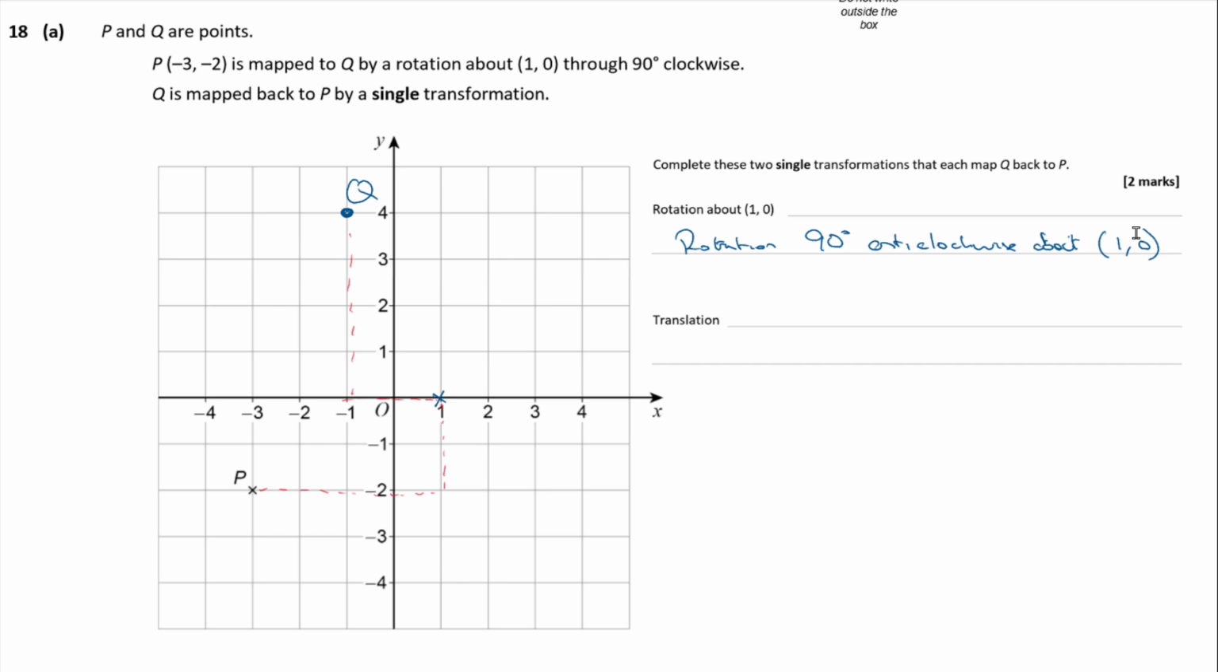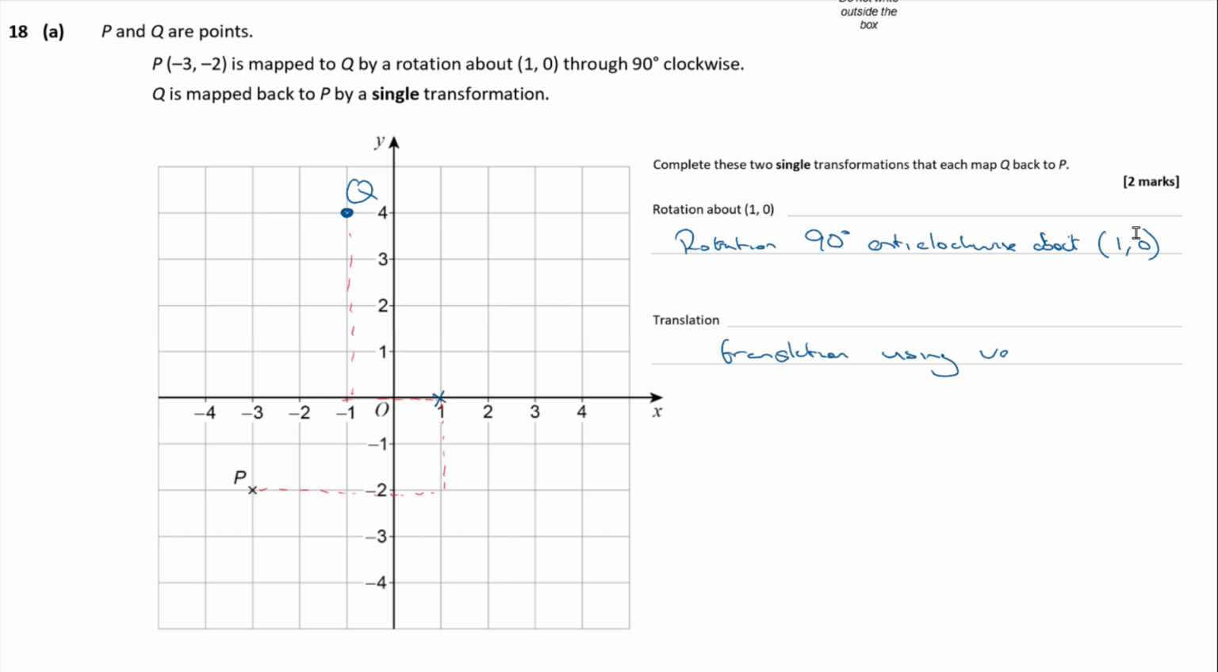Now the wording on this one had me puzzled for a bit, but I guess by the second part, translation, they mean what translation would take Q back to P again? So how would I get from Q back to P again using a translation? It would be a translation